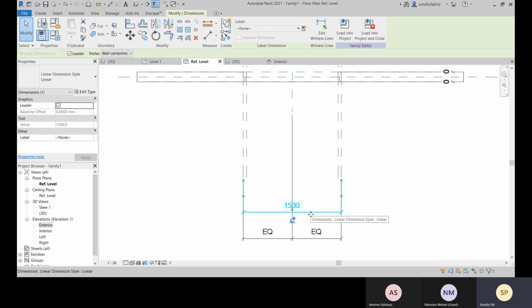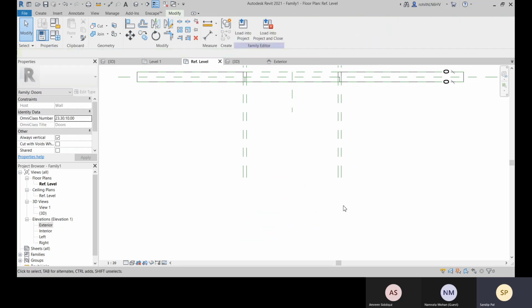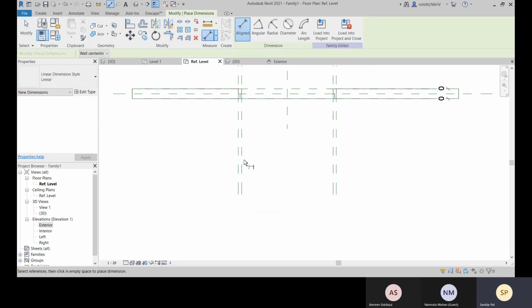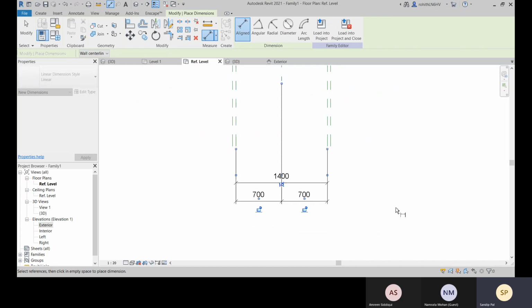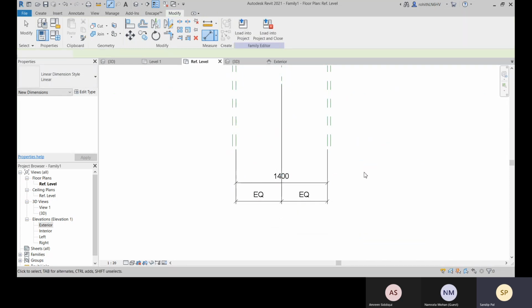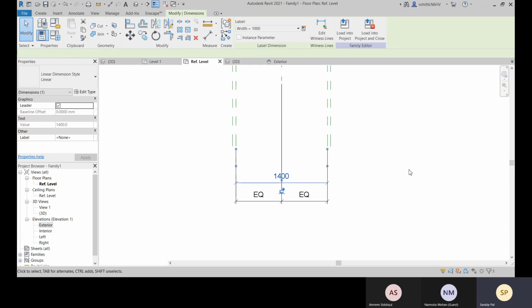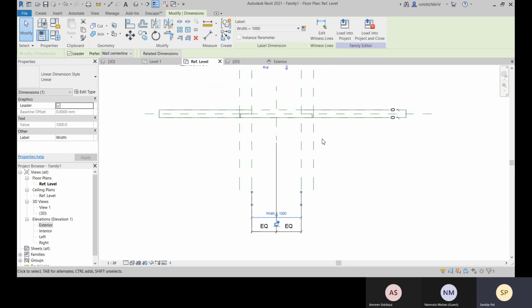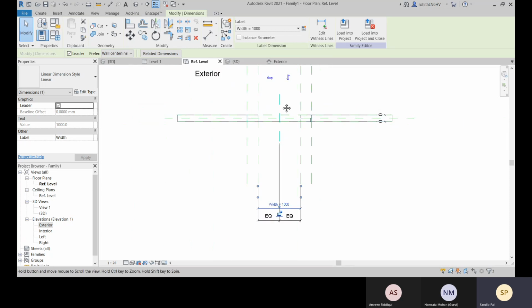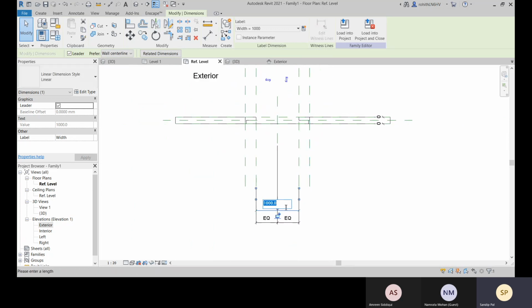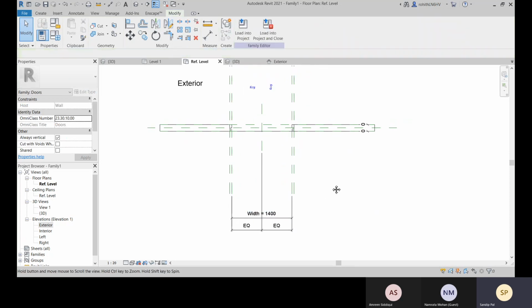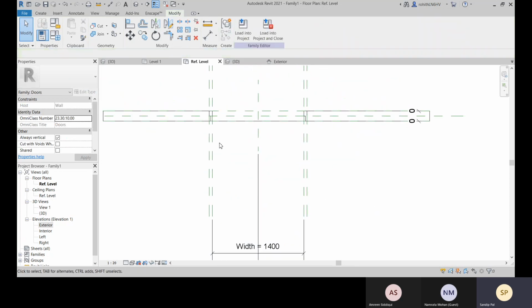Or else what we can do is, let's apply to this. This is equal. Select this and give it width. We'll give it like 1400, enter, and we will change the width, right?